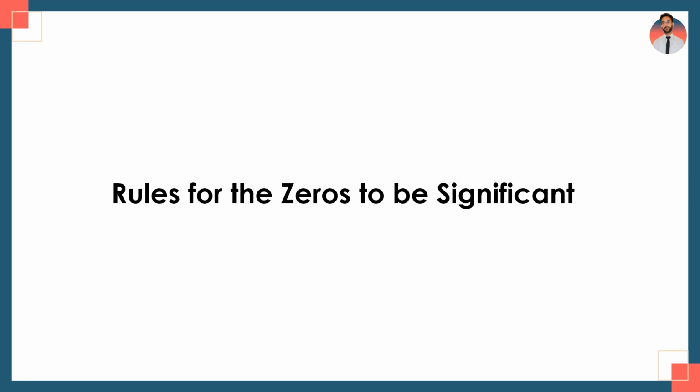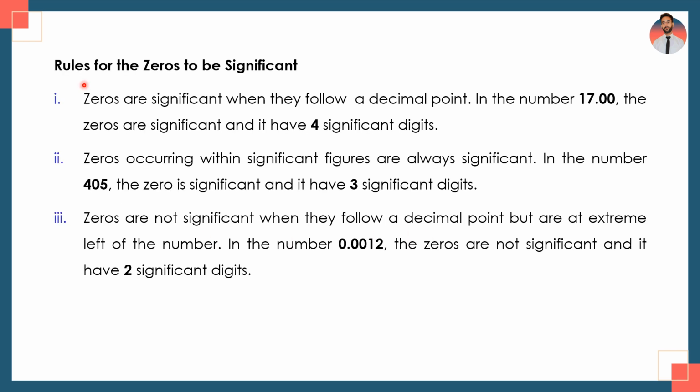Now students, I will discuss the rules for the zeros to be significant. There are three basic rules for the zeros to be significant. In the first rule, zeros are significant when they follow a decimal point. In the number 17.00, the zeros are significant and it has four significant digits. So the zeros after the decimal point in 17.00 are important,